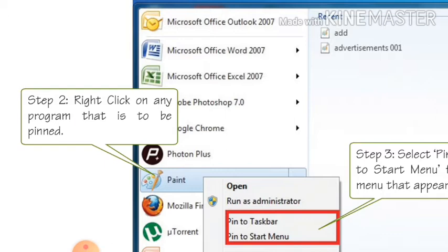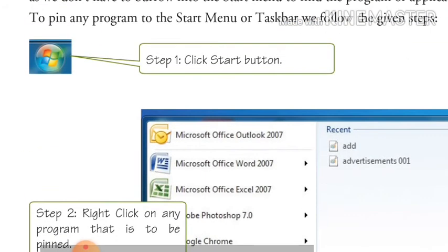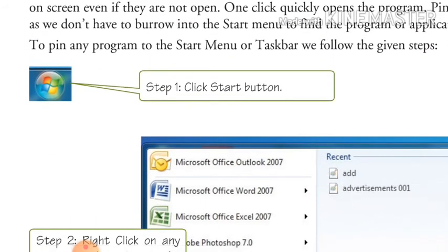Generally, select the file, which file you want to pin up at the taskbar. If any program or file you want to pin up on the taskbar, you have to select that. So the first step is click on the start menu, click on the start button.